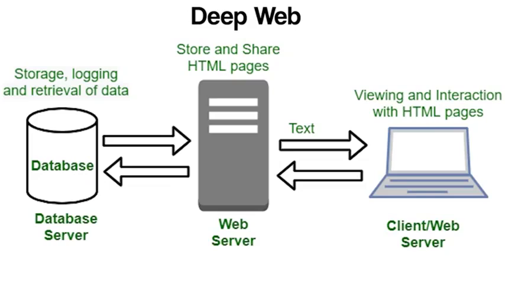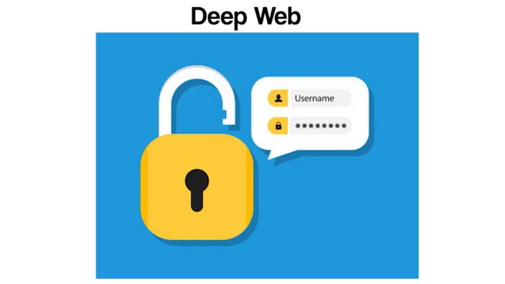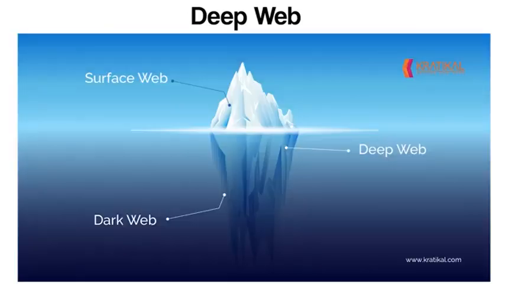What is required, however, is knowledge of where the content resides and the proper credentials or permissions to access it. In this way, the deep web is not so much hidden as it is private. Websites intentionally keep this content out of public view to protect user privacy, secure sensitive information, or restrict access to subscribers or authorized users. Importantly, the deep web is distinct from the dark web, although the two terms are sometimes mistakenly used